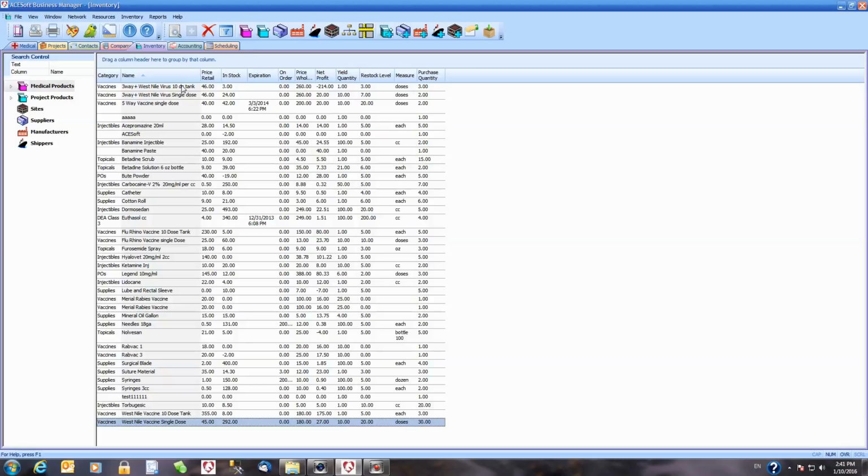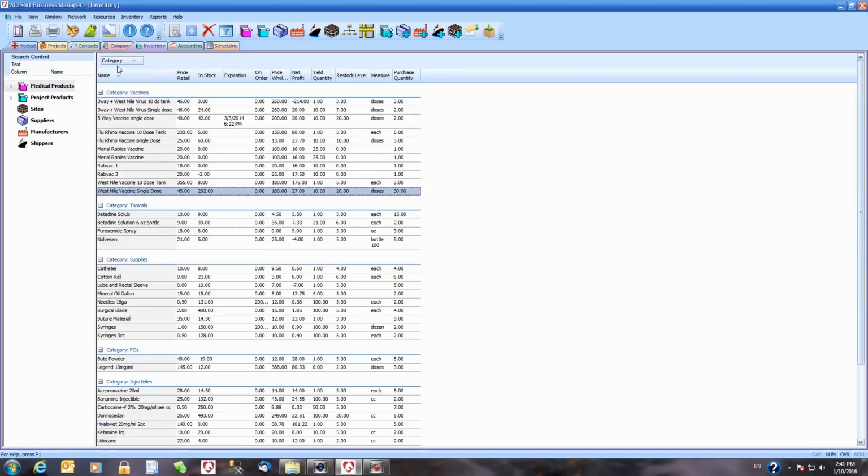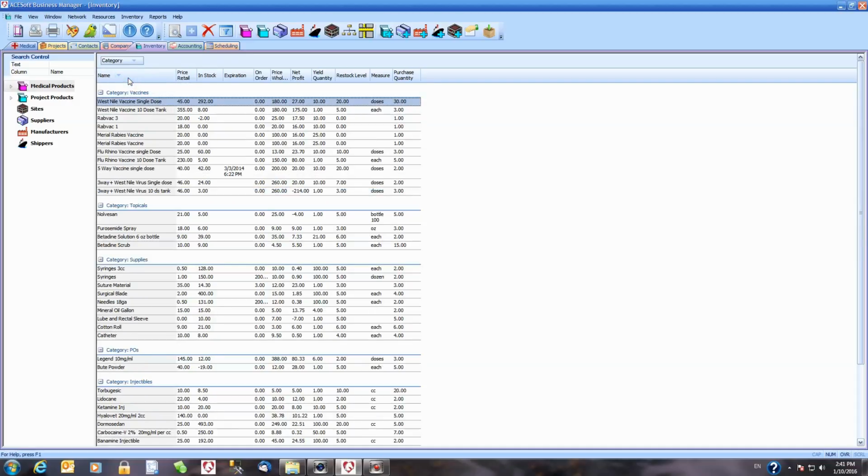You can really customize these lists to show you a lot of information in different ways. For example, I can grab this column header for category and drag it up into this area, and then that separates all my items by category. I can also click on any one of these headers and sort them. Here we're sorting by